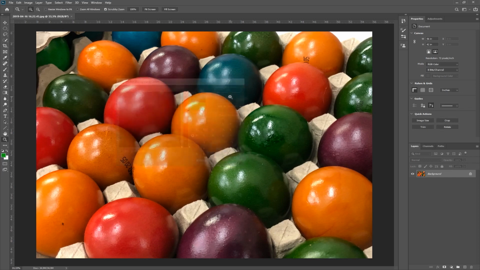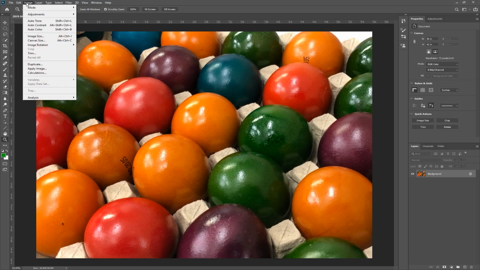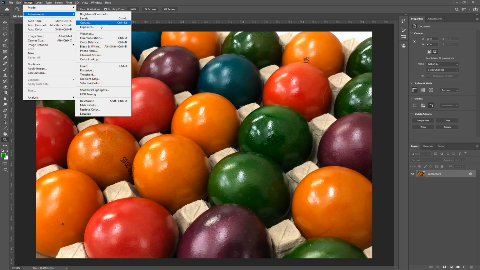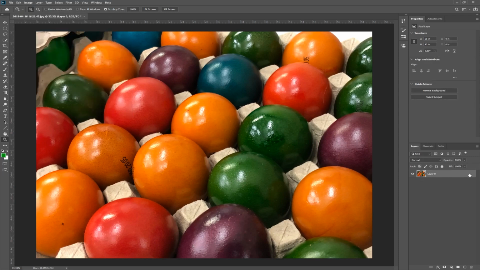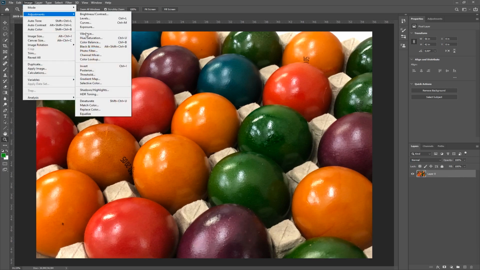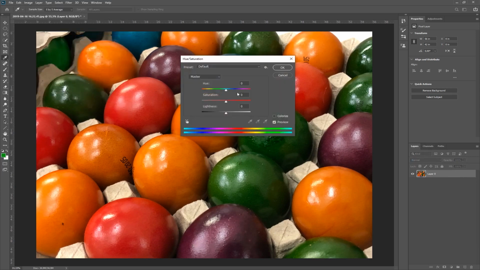And the first thing is, you've maybe noticed under image adjustments, there is an adjustment for hue and saturation. As always, I am begging you, never use those adjustments here, because if I apply an adjustment, doesn't matter if it's a background or a regular layer, let's just unlock it into a regular layer. If you apply an adjustment to a layer like this, and then you do something to it, I don't know what, take away the color,